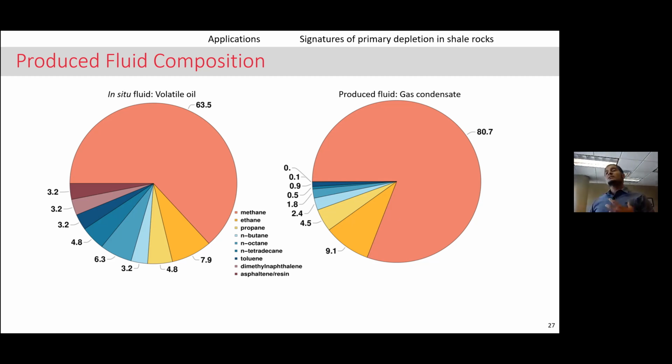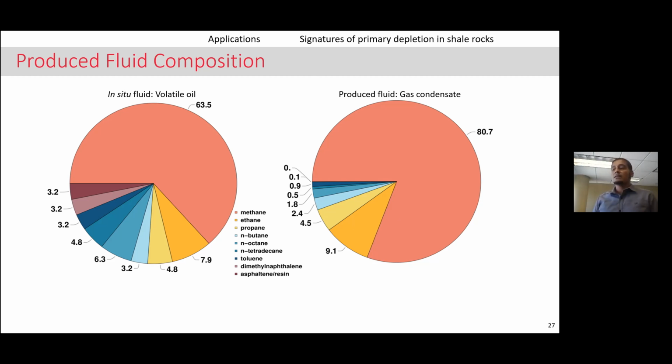So here's the question that we need to begin asking ourselves, which is still an unresolved question. If we are sampling at the surface, and this is what we're sampling, what does this tell us about the fluid that we have in situ? What does it tell us about the fluid that we have downhole in the subsurface? Perhaps nothing. And that's one of the things that continues to be a research question.